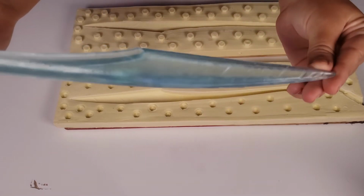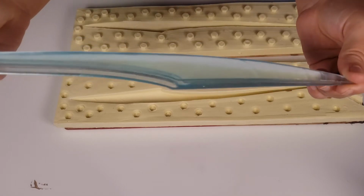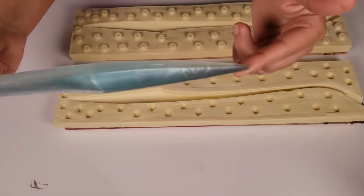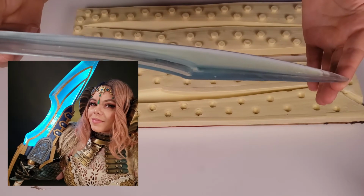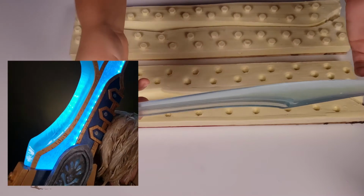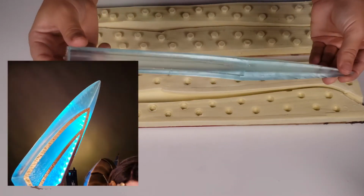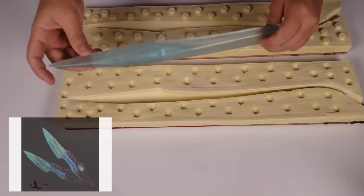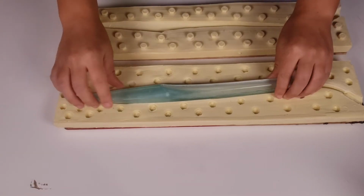The reason why I wanted to use EpoxAcast is because I really wanted the edges to look like ice, but I also wanted to be able to have lights feed through. And when I got to the bigger pieces, the color changed to look more like water, which worked because it's more difficult, depending on how big your piece is, to really get all the bubbles out. My molds were so big though,